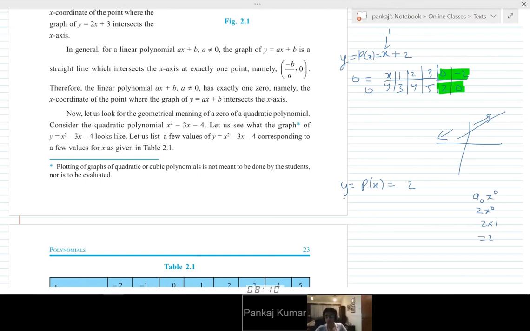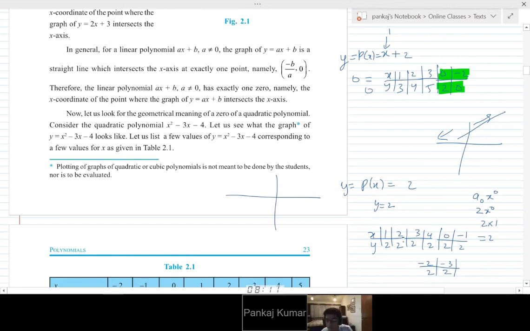So y is equal to 2. Can you see this? So y is equal to 2 means just put y is equal to 2 for whatever value of x it may be. Now if we take different values 1, 2, 3, 4, 0, minus 1, minus 2, minus 3, what would be the value of y? 2. So if we draw the graph, 1, 2, 2, 2, what would the graph look like? It would be these points.